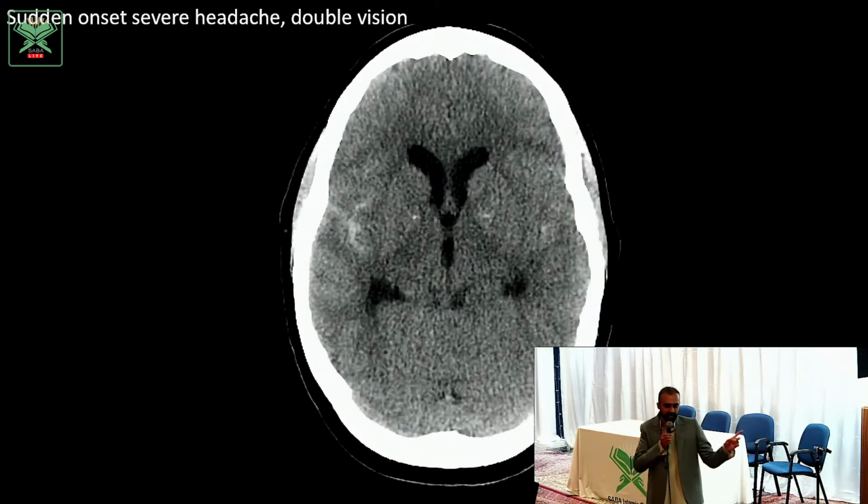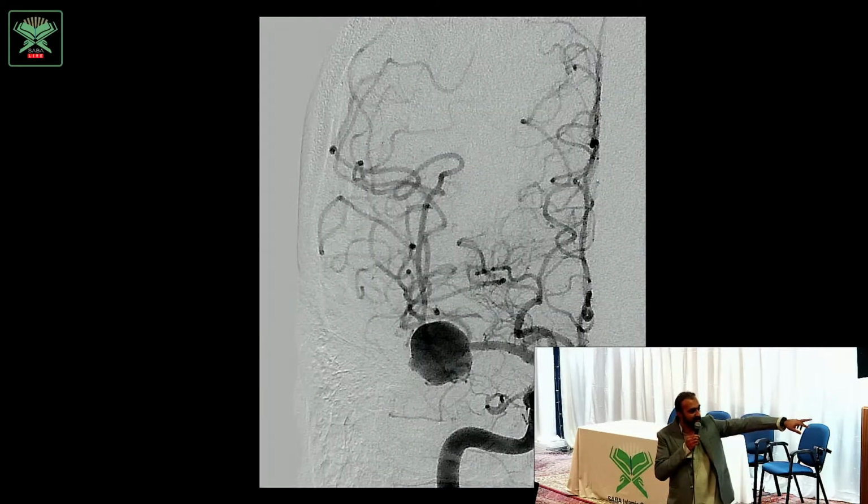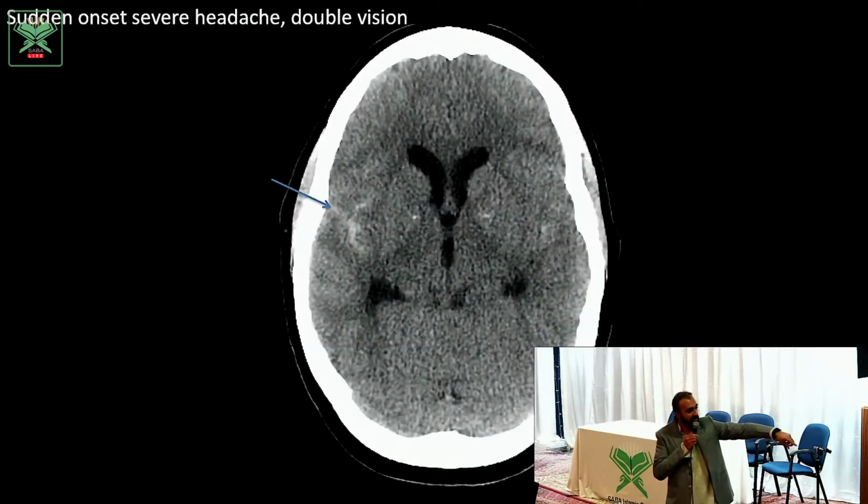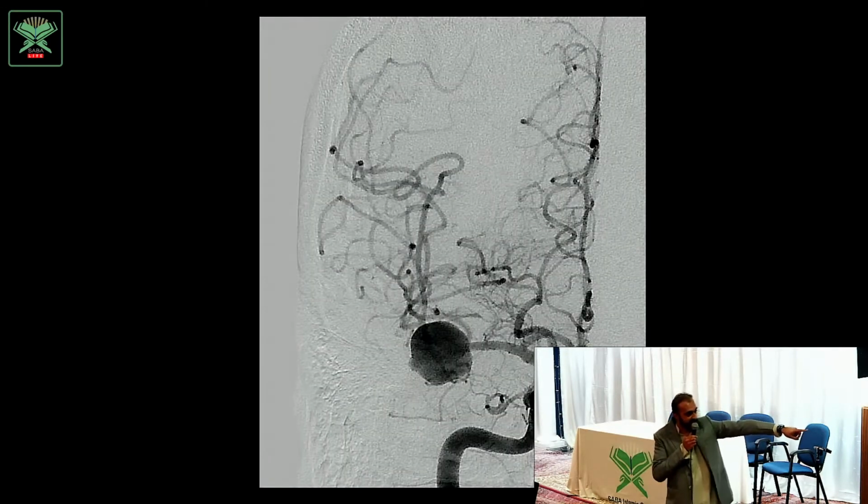So just one more example of a stroke of a different type. This is a CT scan of a patient who came in with a severe headache and had double vision. There's a little bit of blood in this area of the brain called the Sylvian fissure. Forward one. You remember how I was saying there's a balloon that can bleed in the brain? So on the next slide, you can see that round circle there. That's an aneurysm that's responsible for the bleeding.